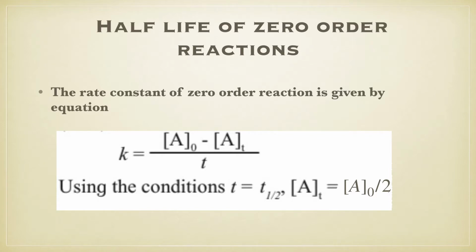So what is the concentration at that point? We can say it will be exactly half. So the condition will be t is equal to t half. t will be replaced by t half and the final concentration will be equal to the initial concentration upon 2. That means we haven't completed the reaction, we have reached only half the reaction. Therefore we write the final concentration as initial concentration upon 2. Once you know this change, you just have to substitute in this equation.